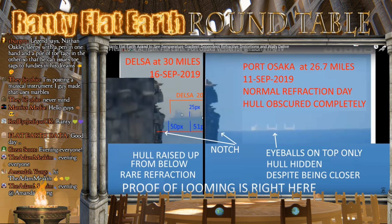So first and foremost, I want to point out that he's trying to hoodwink his audience by saying, look at the boat on the left compared to the boat on the right, and look at all this hull missing. Right, well, is the hull missing? That is the question. Yes, you cannot see the hull, but does that mean that it isn't hidden by an atmospheric blockage? Now then, in Harry Baird's video, he's very clear and he zooms in very neatly on this particular